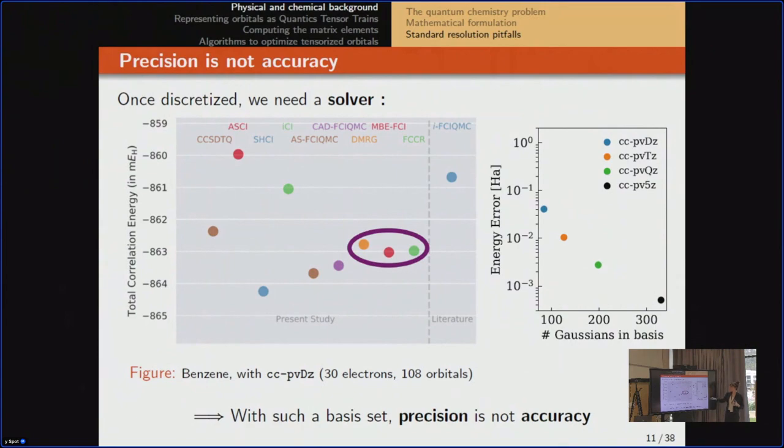So for this, we have to take a much larger basis set, which means that with Gaussians being a bad approximation of reality, we need to take a lot of orbitals to get an important accuracy. This means that for the result we did for benzene before, we had a huge precision because the solver was very efficient, but very bad accuracy, because even if we get the optimal energy for a specific basis set, compared to the physical ground state, we are far away, even in terms of energy. This means that precision is not accuracy.